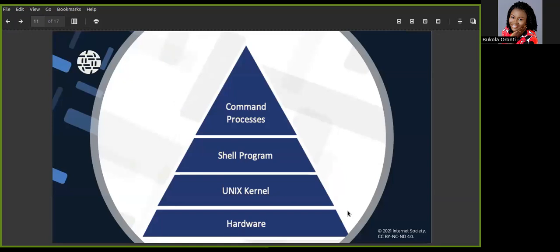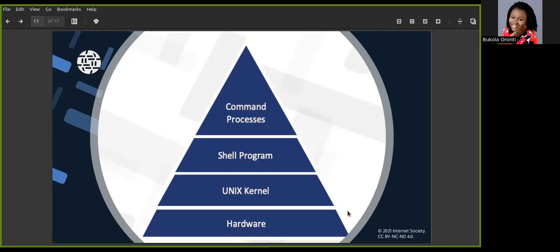Now let's move to the next subtopic, the Unix system or the Unix architecture. I want us to understand that both Unix and Unix-like systems, that is Linux, have the same architecture. So if I'm talking about Unix or Linux, I'm actually referring to the same architecture in terms of the OS architecture.